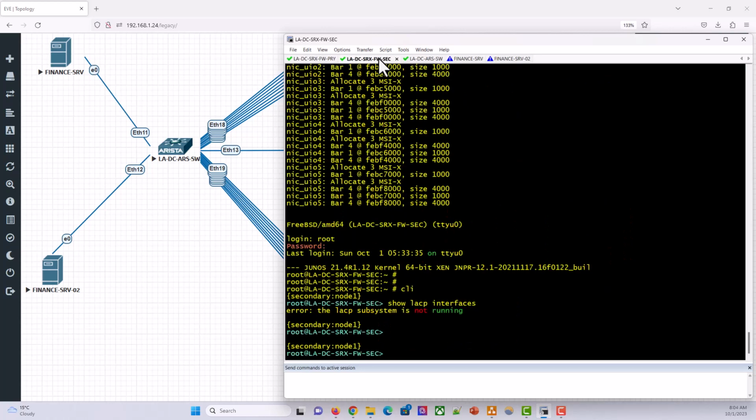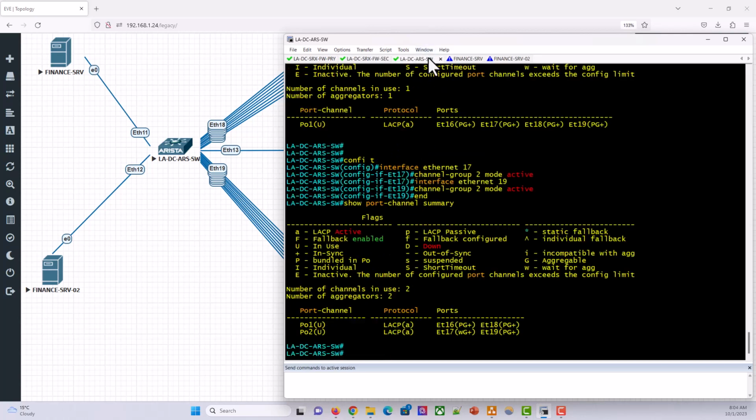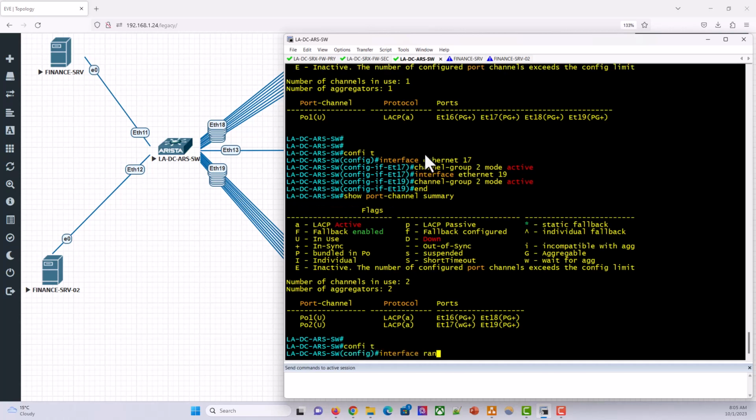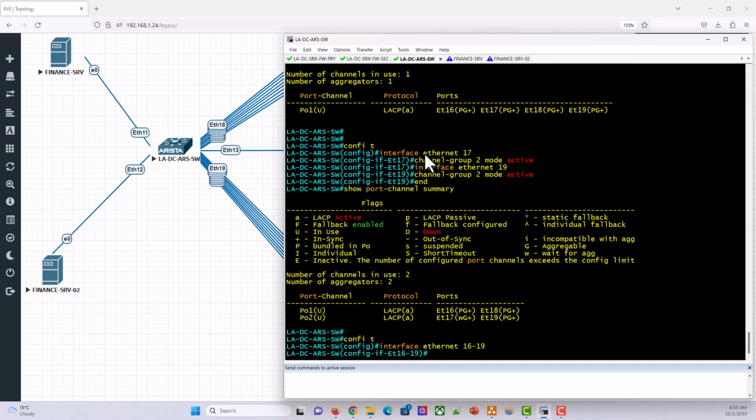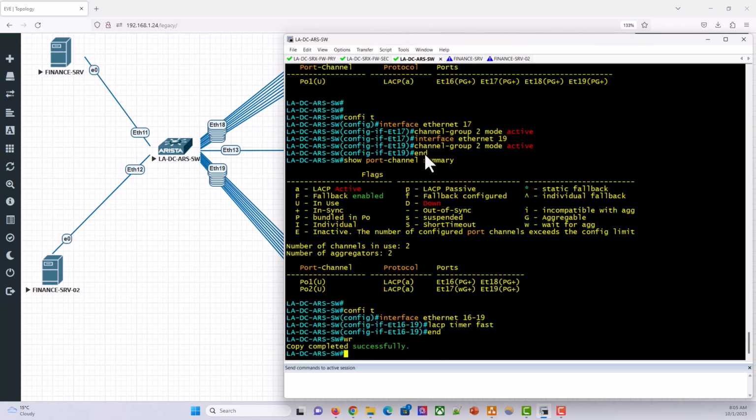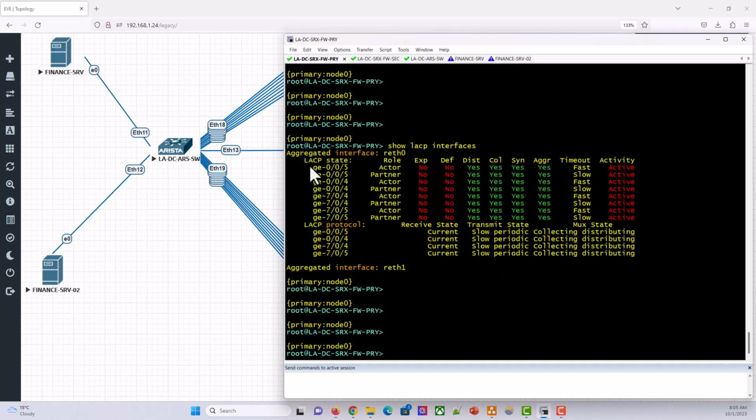Something we also need to enable on the switch: if you want to fast track, if you want to increase the timers for the LACP, you need to enable periodic fast. So I'm going to just do that here. I'm going to say config T, interface range, interface 16 to 19. I'm going to say LACP timers fast. So this is the command to enable fast LACP on the switch. We also need to do it on the